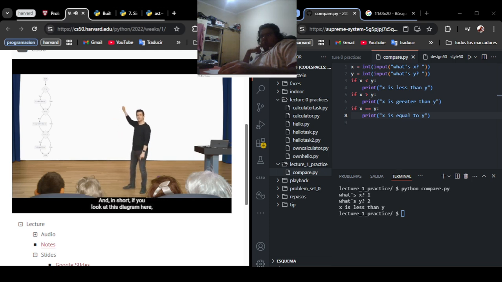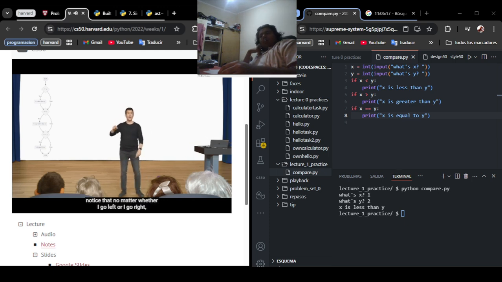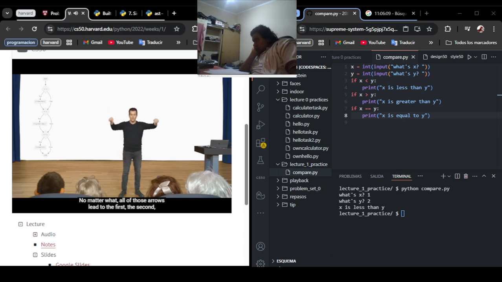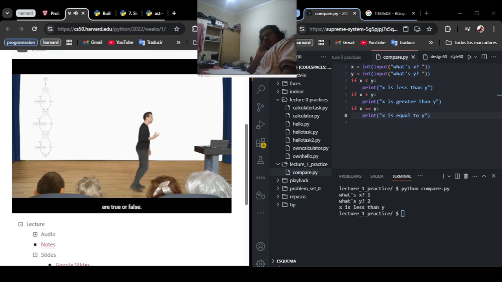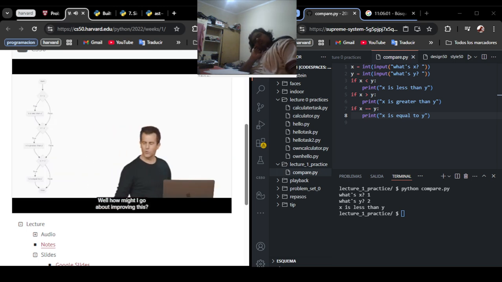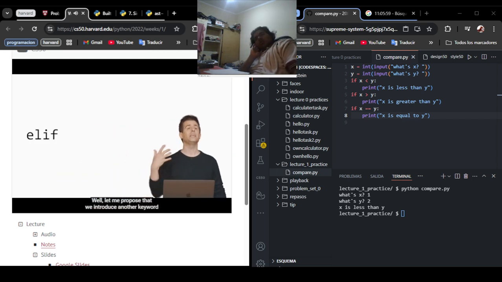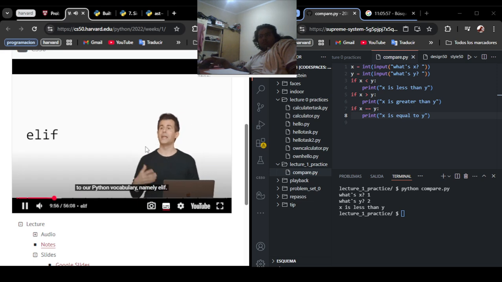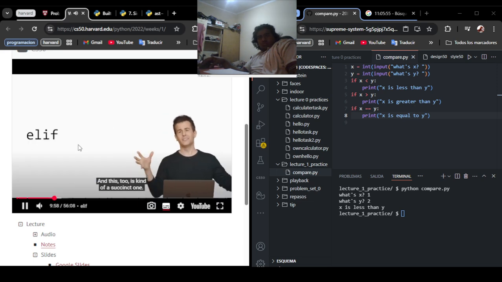And in short, if you look at this diagram here, notice that no matter whether I go left or I go right, I'm always asking 3 questions. No matter what, all of those arrows lead to the first, the second, and the third diamond. So I'm asking 3 questions no matter whether any of those answers are true or false. Well, how might I go about improving this? Well, let me propose that we introduce another keyword to our Python vocabulary, namely elif. And this too is kind of a succinct